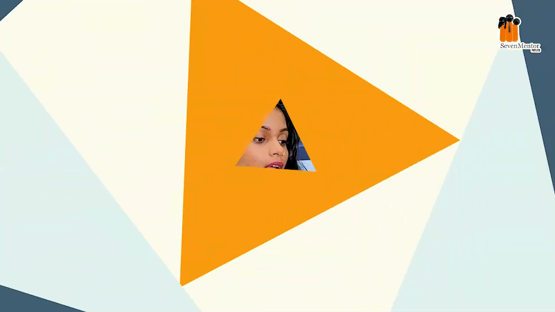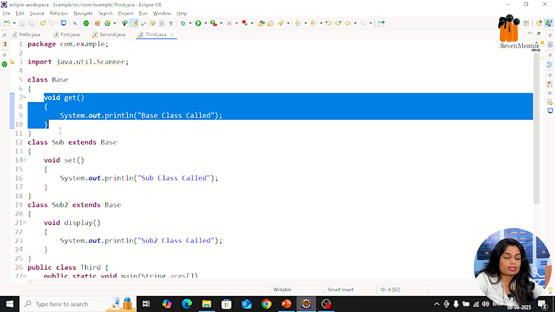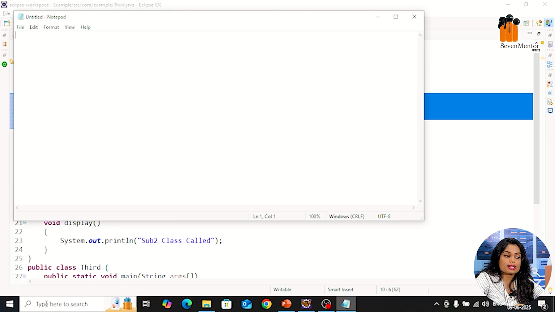Just take an example. This is my get method, right? This is my first form. I can recreate this first form in multiple ways. That is called polymorphism. One thing in many forms, okay? How can you use one thing in many forms? Polymorphism mainly has 2 types. The first type is called overloading, and the second type is called overriding. So those are the 2 types we have in polymorphism.